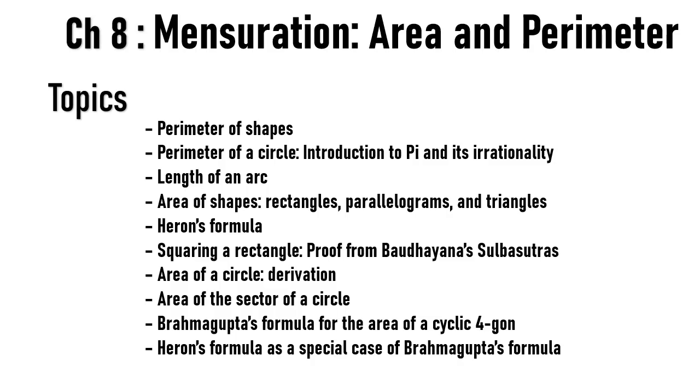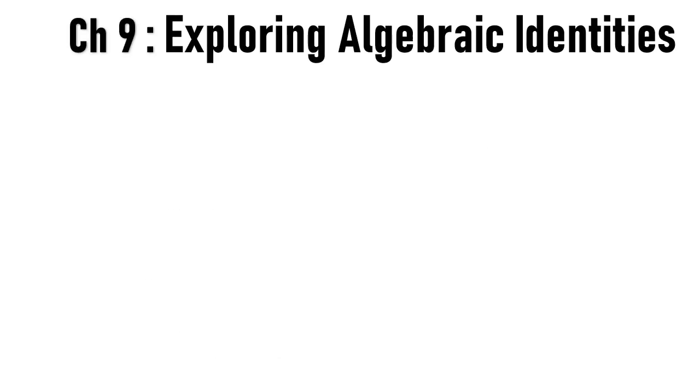Clear? Now next chapter, exploring algebraic identities. I told you, the polynomial chapter earlier, these identities were a part of that chapter. Now it is two different chapters. So in algebraic identities,